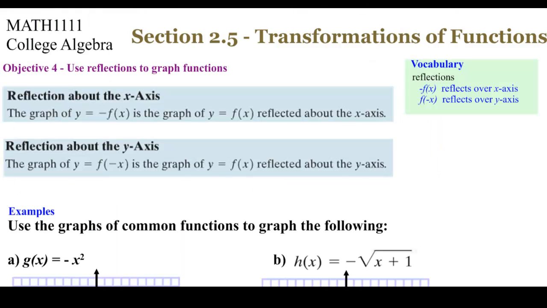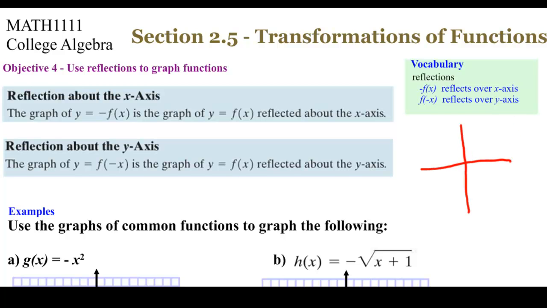All right, let's talk about reflecting. So again, we're going to stick with the idea of things being with the x or not with the x. So if you have a negative in front of everything, so that is not with the x, then that's going to be reflecting things up or down. And I will typically say flipping things up or down, but really it's reflecting over the x-axis. What I mean by that